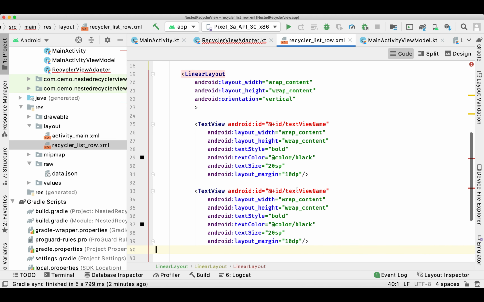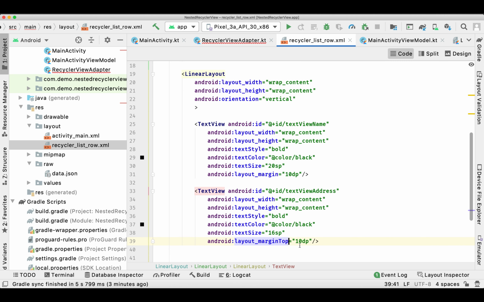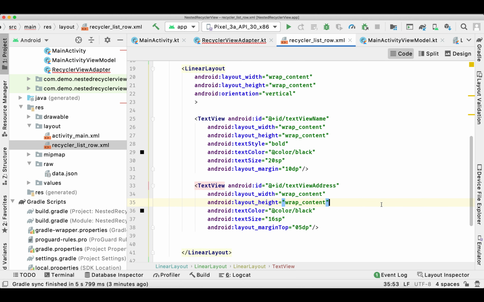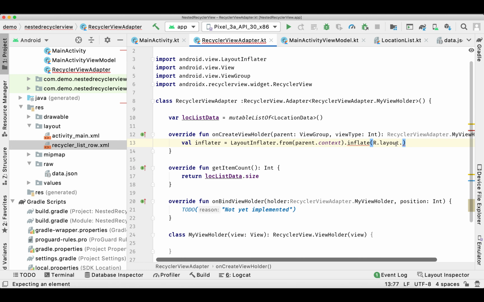The second text view is for the address. I'm reducing its font size and a little bit margin we need from the top only, and we don't need to have the bold. Now we'll set this layout file to our adapter.